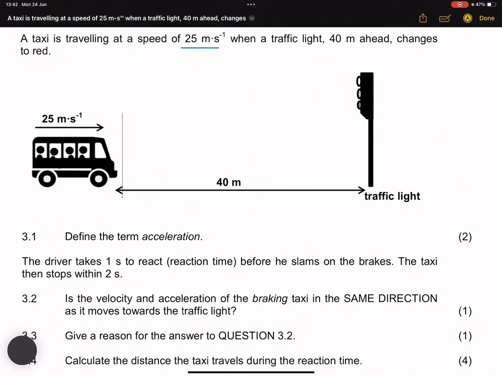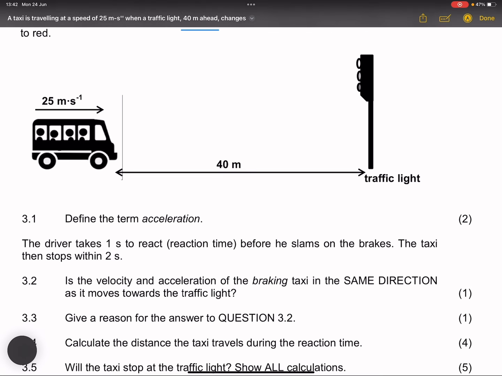Of course, they say to us, define acceleration. We know what that is. We've just spoken about it. Now they say to us that the driver takes 1 second to react, that is reaction time, before he slams on the brakes, right? The taxi then stops within 2 seconds. Now I want you to note, ladies and gents,